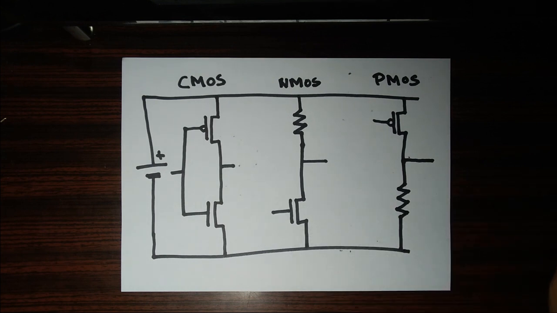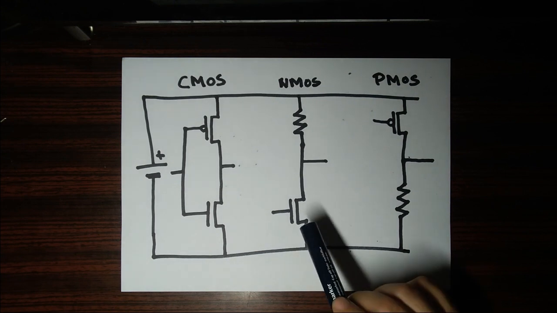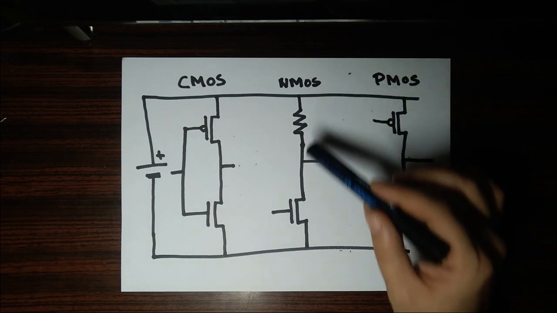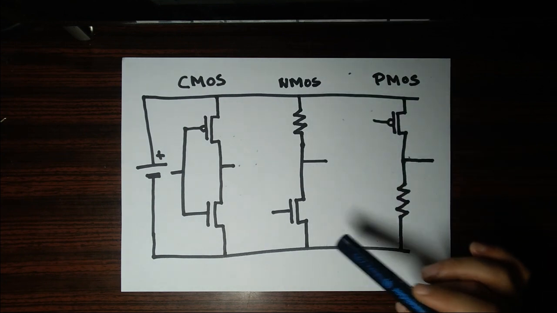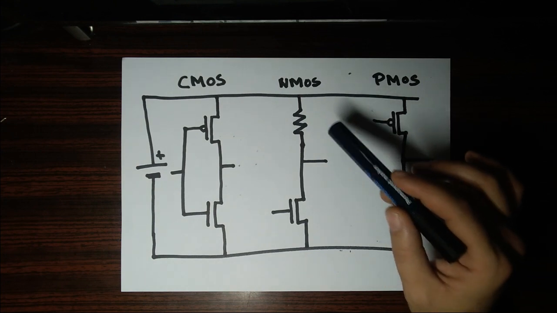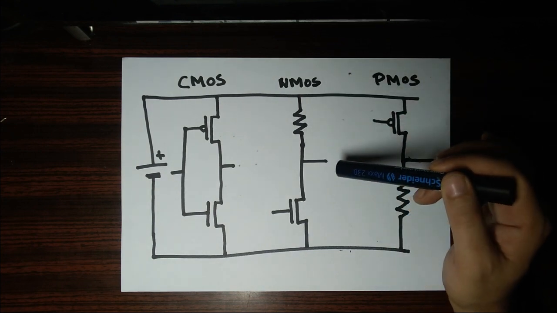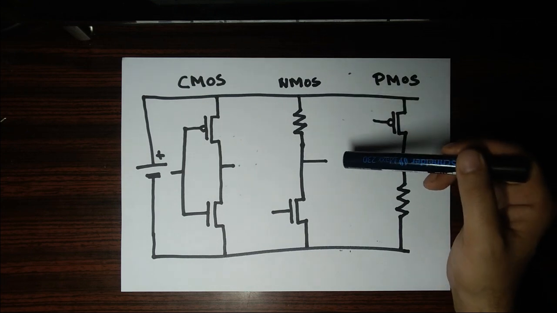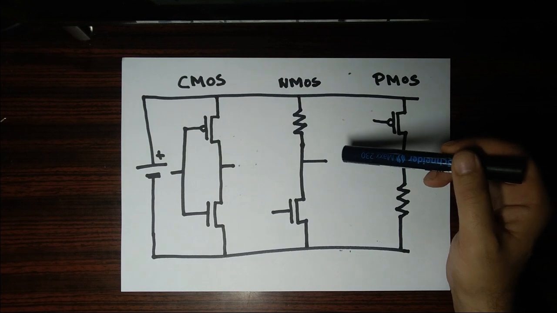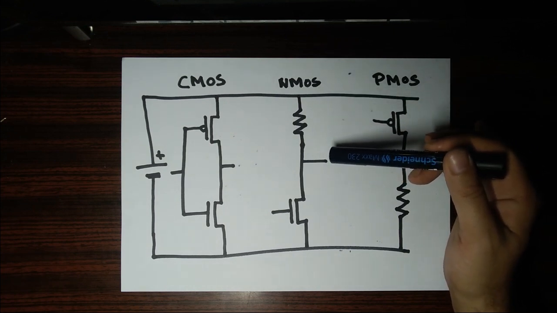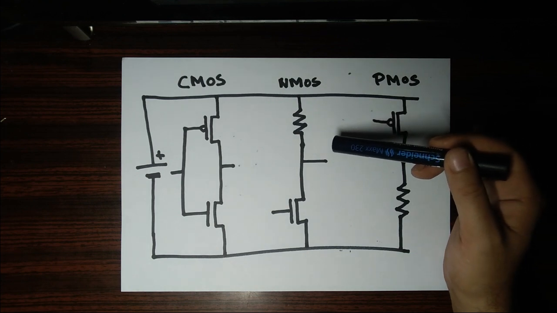The problem with these types of logic, for example with NMOS, is when the transistor is on, it has to fight the resistor to bring the output low, which means we are spending electricity in the on state. Also, when the transistor is off and hence the output is high, our output signal now passes through a resistor. This means if on the output we have connected logic that draws a lot of current, the voltage will sag as the resistor will not be able to supply the current required, and our logic will just fail.